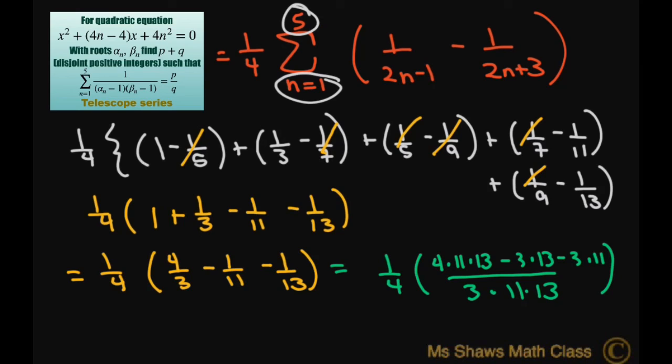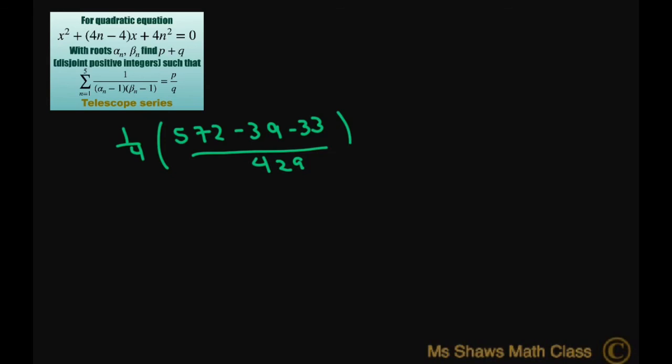All right. This is going to equal 1/4 times (572 minus 39 minus 33) divided by 429, which equals 1/4 times 500 divided by 429. All right, 4 goes into 500, 125. So our answer is